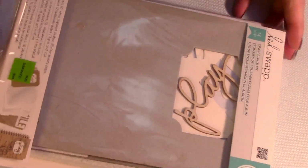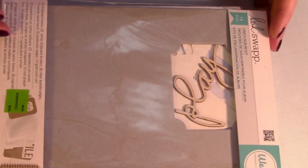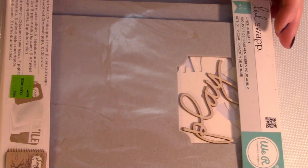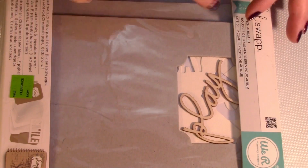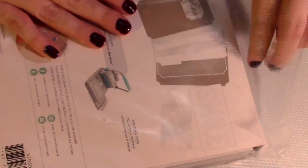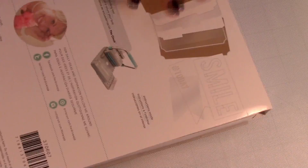Next in the clearance aisle, they have this Heidi Swapp cinch album kit, and it's one of those that has, you pop the sides. It's like a book that you make into a journal or something, and you pop out the sides and you put this wire ring, and maybe I'll just open it and show you. But you need this tool to pop the holes in the sides, and I don't have that because I don't really do journaling, and it was like $75. So I'm probably just going to pop the holes